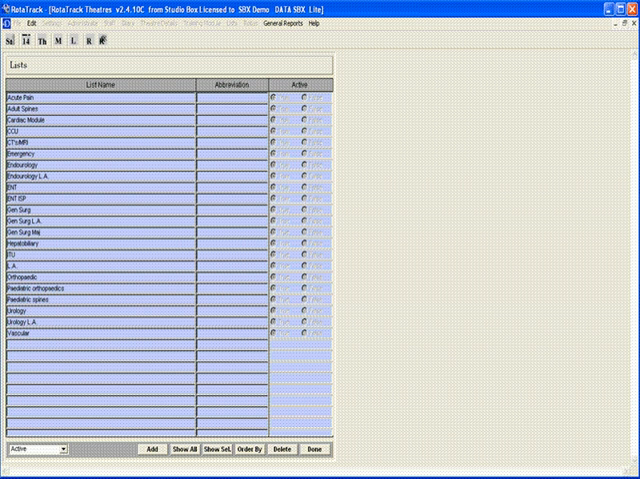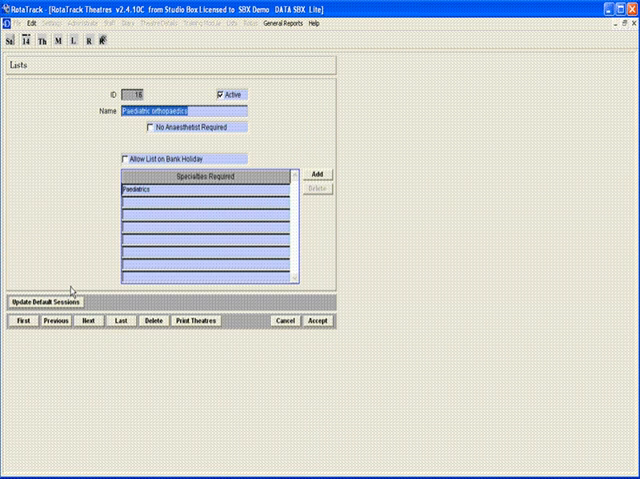Since RotaTrack Lite only automates the assignment of the consultants, the base setting for each list is that they have equal complexity. However, where specialized skills are required, for instance pediatrics or cardiothoracic skills, these can be defined for the required lists. An example of this is pediatric orthopedics. If we double click on that, we can see that under the specialties required,